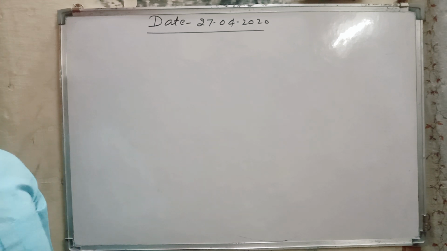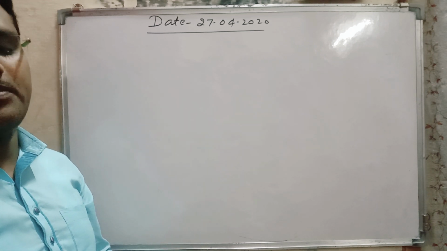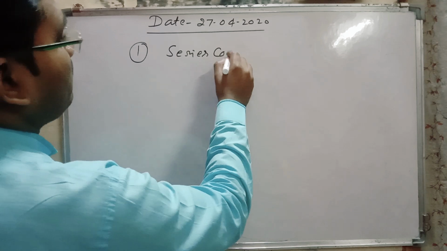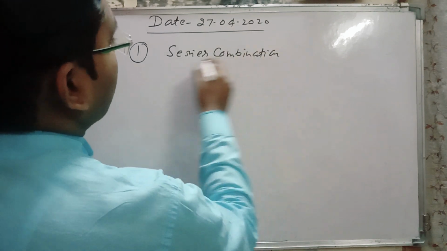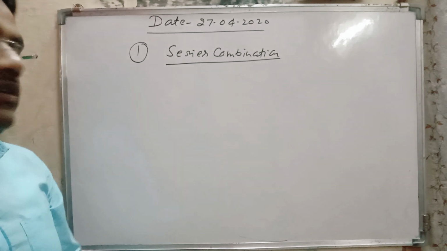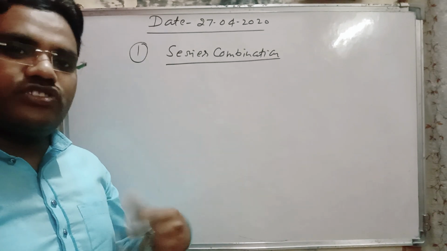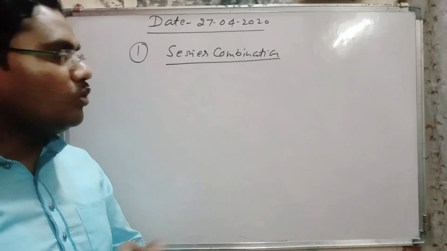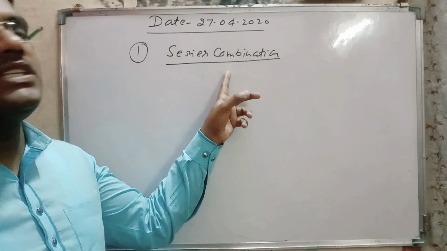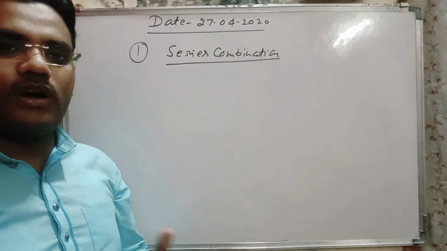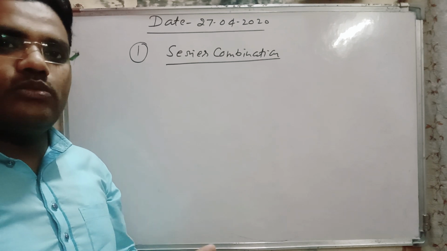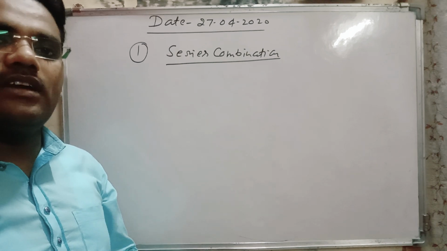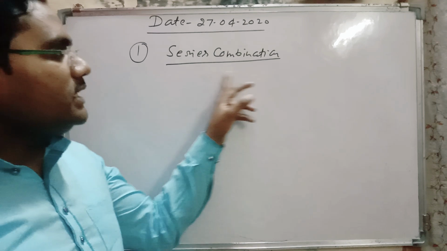There are two types of grouping or combination of capacitors. The first one is the series combination. If we have to find a capacitance with a value less than the known capacitance, then we use series combination. And if we have to find a large value of capacitance with the help of known capacitance, then we take parallel combination.